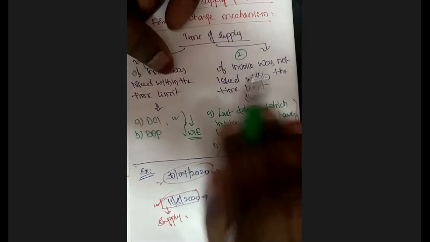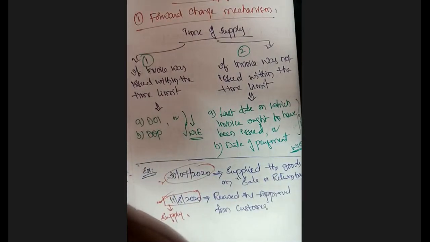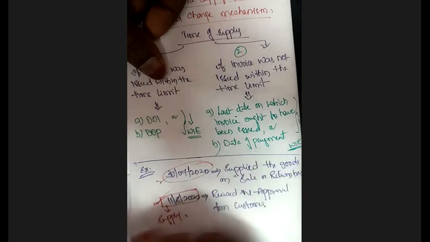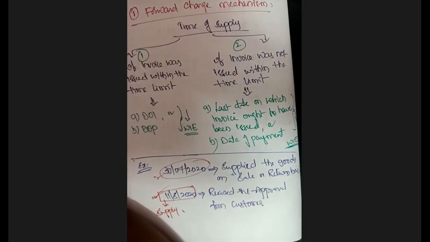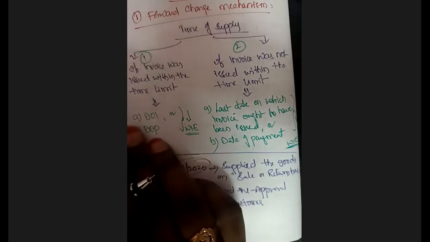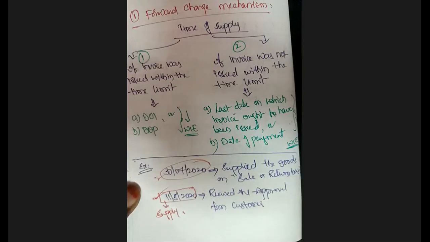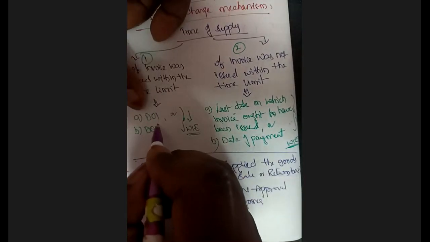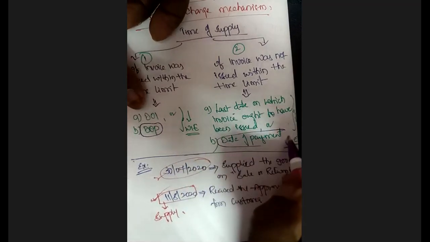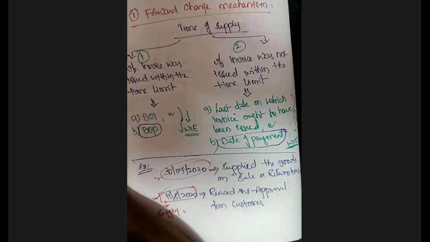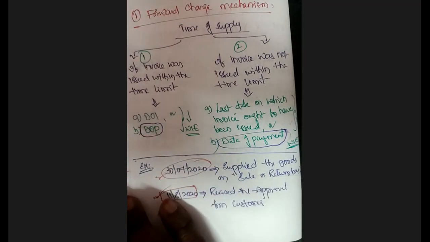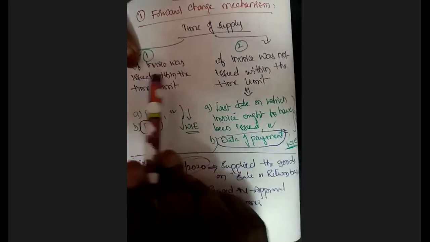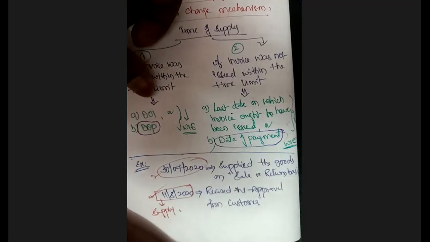So second scenario, if the invoice was not issued within the time limit, then the last date on which the invoice ought to have been issued or the date of payment, whichever is earlier. See, in both the cases, if you observe, the date of payment is common. What is changing? If the invoice is issued within the time limit, compare the date of payment with the date of invoice, whichever is earlier is the taxable event. If the invoice was not issued within the time limit, compare with the last date on which the invoice ought to have been